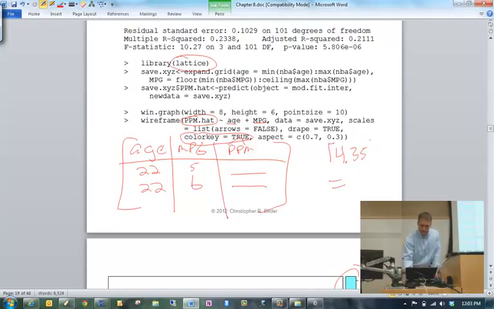Suppose I did this. This is called a ceiling function. Does anyone know what that's going to do? It's going to be 5. So it just bumps you up to the next integer. So floor and ceiling function. And there are functions in R called floor and ceiling to allow you to do that. So I just wanted to get integer values. So I have a range of stuff to evaluate at.